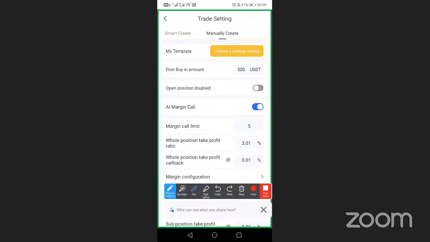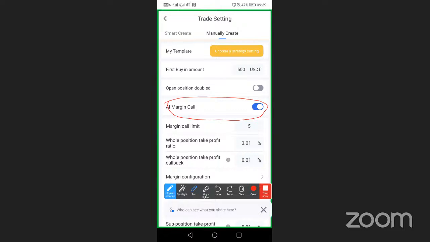Now, when you own the AI margin call, sometimes the robot will just buy once with $500. Okay? The robot will buy once with $500. So we want at least the robot should put in some good money. Yes, because our target is to have enough stock to be bought. Now, before you own your AI margin call, let me say this first. Allow your AI margin call to be on when you are starting the robot.